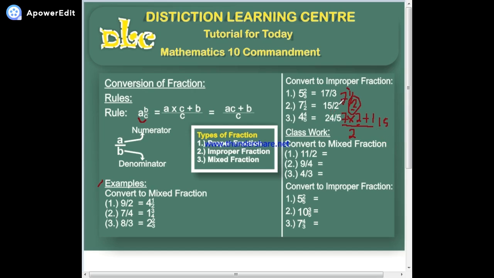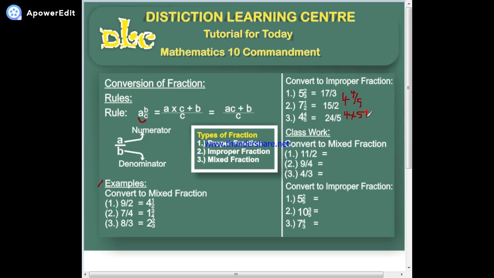Now the third one, which is 4 whole number 4 over 5. How are you going to do this? The rules are still the same. That means you are going to multiply this whole number by the denominator, which is 5. 4 times 5,